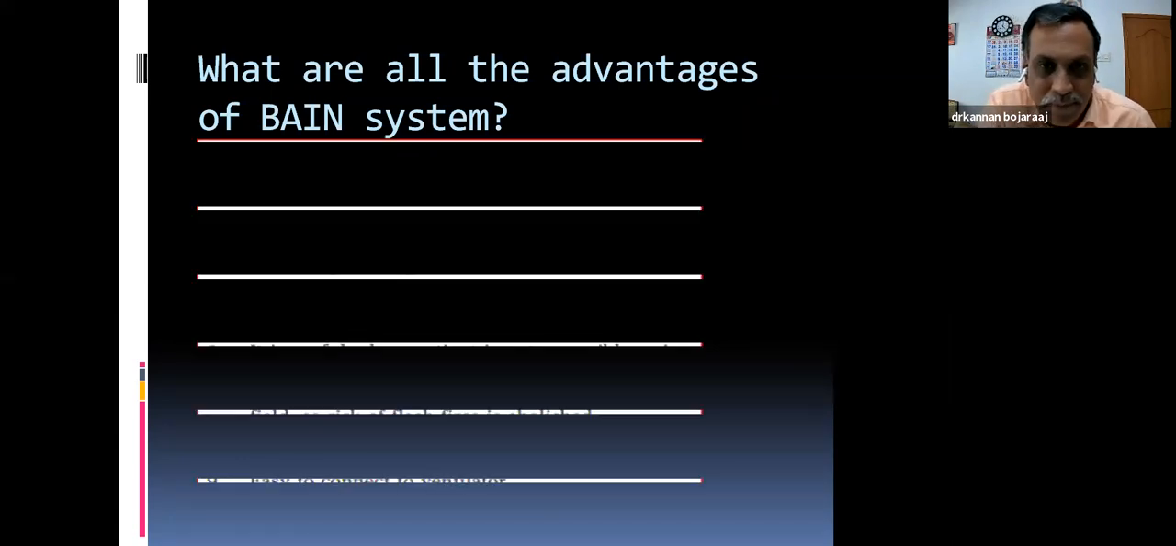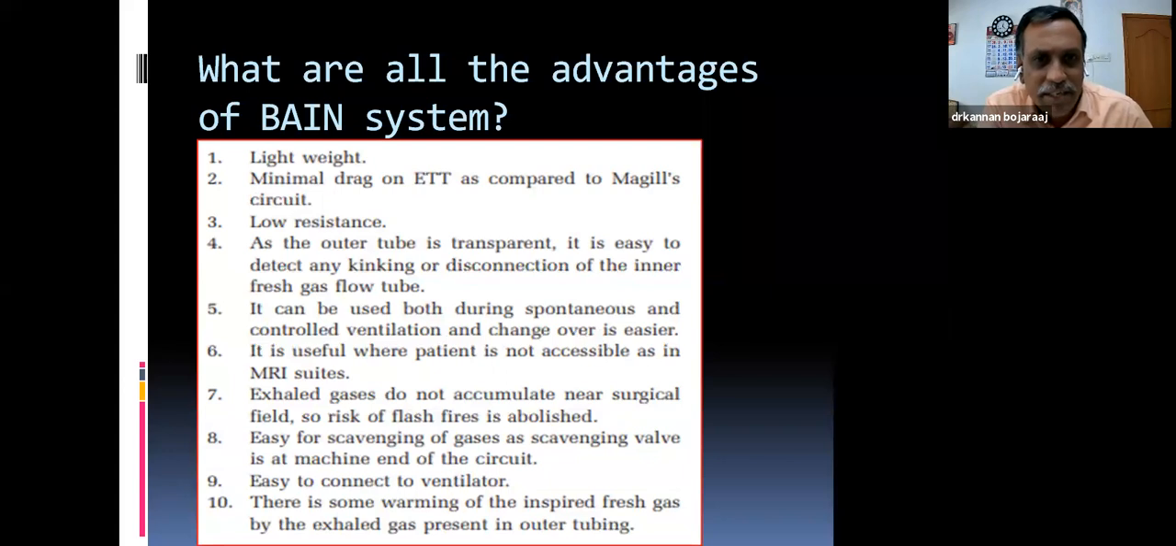It is lightweight with minimal drag compared to the McGill circuit. It has a low resistance, and the outer tube is transparent, so it is easy to detect any kinking or disconnection of the inner tube. It can be used during both spontaneous and controlled ventilation, and changeover is very easy. It can be useful in non-accessible areas. It is MRI suitable,